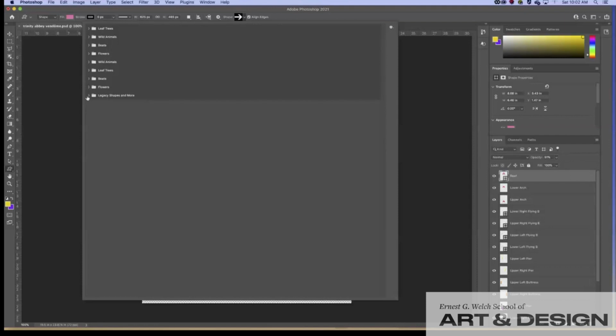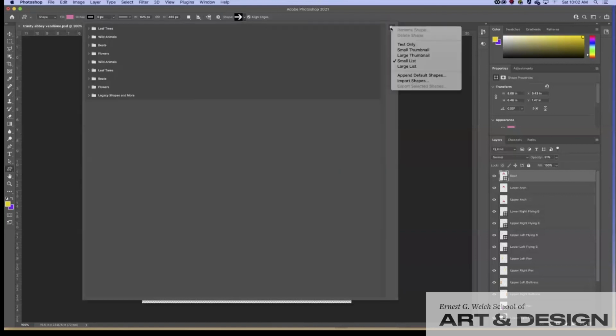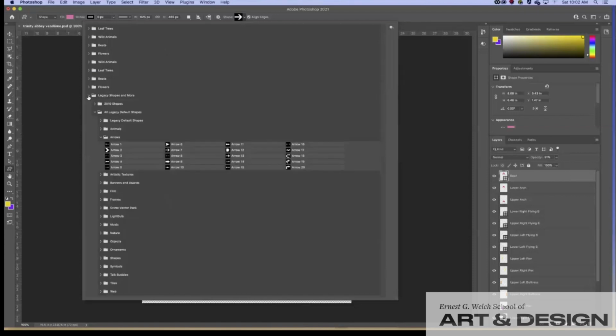If you don't have the legacy shapes and more, you might need to go over here, and if you go down here, you can either import shapes or go to the large, to look at these different lists, and it should show up. So I'm going to choose just a really basic arrow